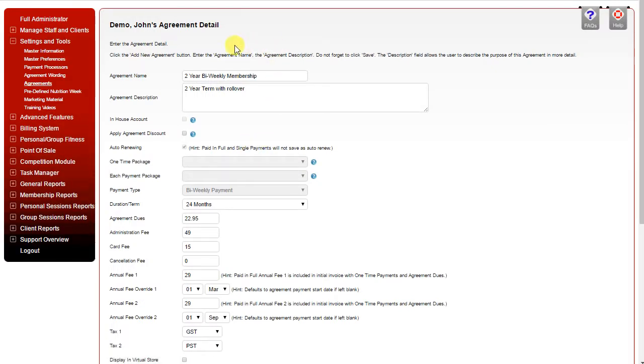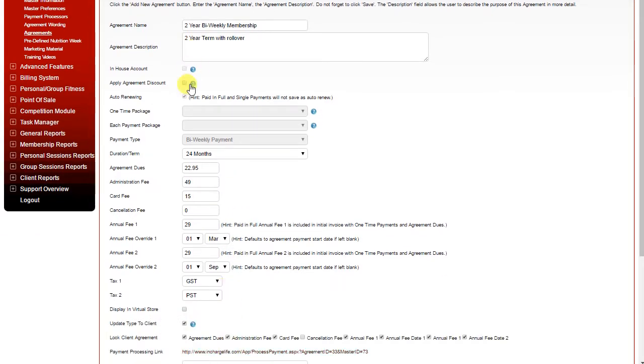So here we can see the agreement name, a description, and then all the basic information about this agreement. In this case, we can see it is an auto-renewing agreement that has been checked. There are no packages added to this agreement. It's a bi-weekly payment type. It's a 24-month term. We can see what the default dues are, as well as the admin fee, card fee,